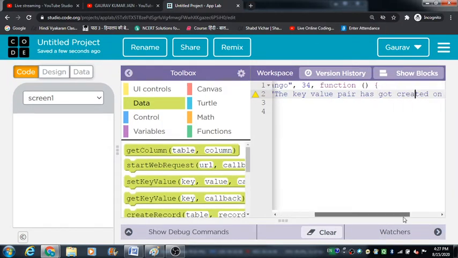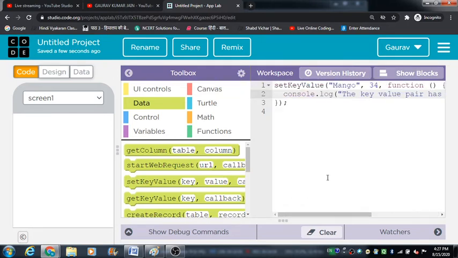I need to check that, because in order to terminate the line, as you all know, we need to put a semicolon. So this is where we want to terminate the line. We are going to place a semicolon over here, and so this is a code that we can use for creating a key value pair in the data browser.